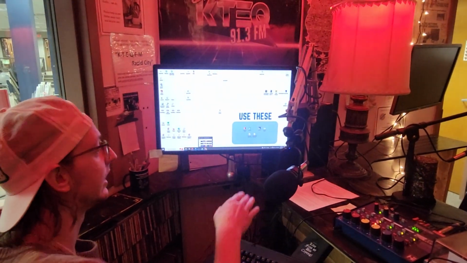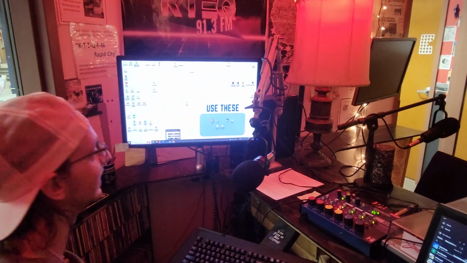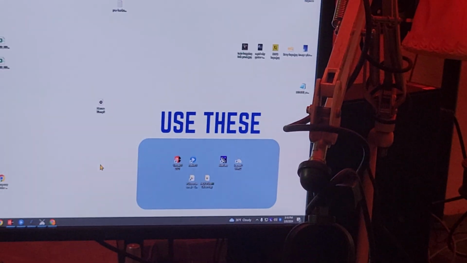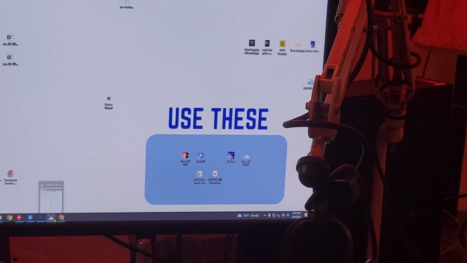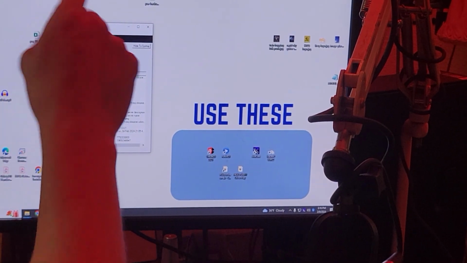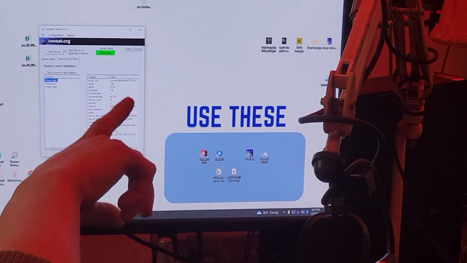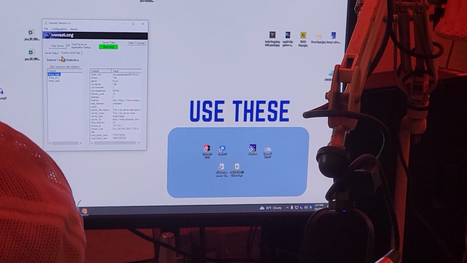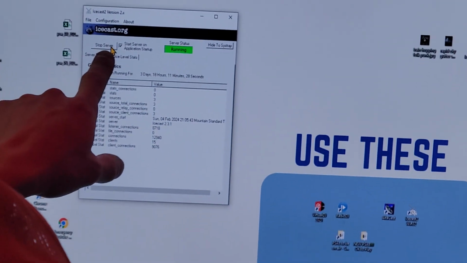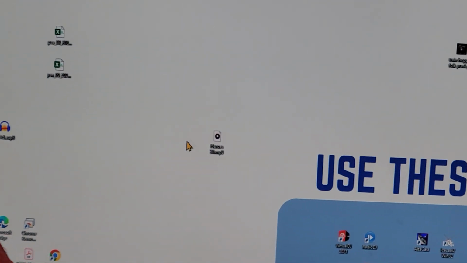And then if both of those are correct and it's still not working, you need to close out of both and then right click on each and run as administrator. Because these are technically over on the server over there, and if you don't run as administrator, it won't be able to access the config file. So, this should always be green. If it's not, just hit start server, and then it'll reset.